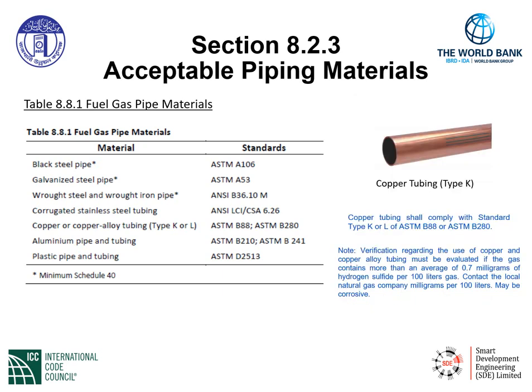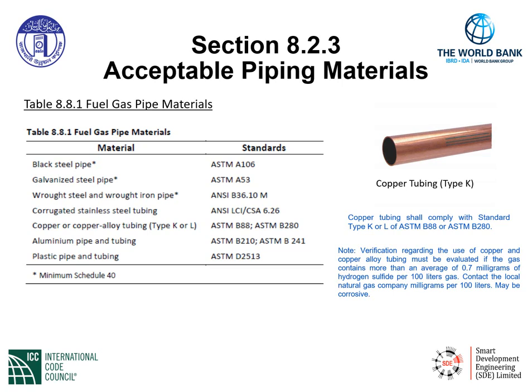Another material that is permitted is copper or copper alloy tubing. The designer has two choices here, whether to use type K or type L copper. Type K copper is your thicker wall copper. Type L is your next wall thickness that is a little bit thinner than type K. In either condition, there are two standards listed in the table. So copper tubing needs to comply with standard ASTM B88 or ASTM B280.